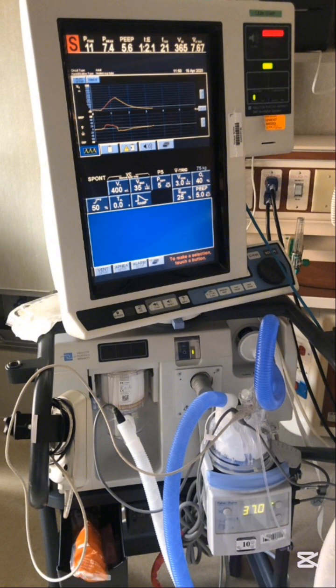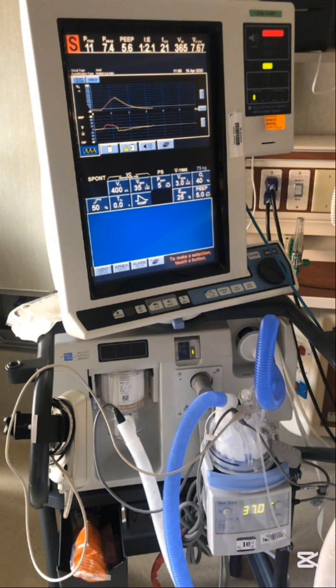So this is the difference between the two modes of ventilation, that is whether we have to adjust the patient on the volume control or the pressure control. So if we are adjusting the volume, we cannot control the pressure, and if we are controlling the pressure, then we cannot control the volume. So one thing is adjusted by us on the machine, the other thing is controlled by the machine itself.